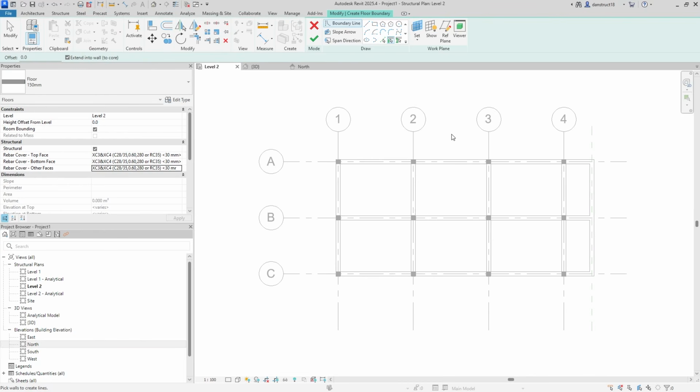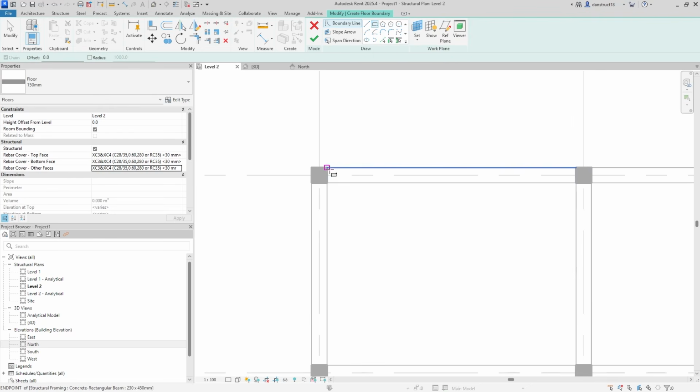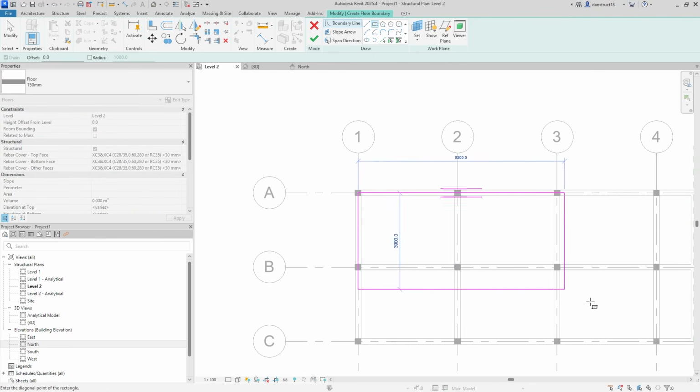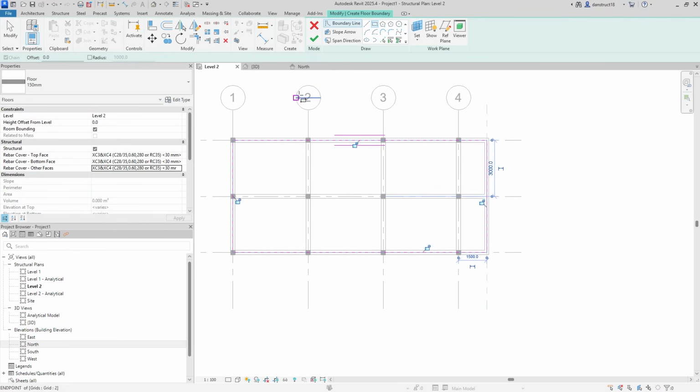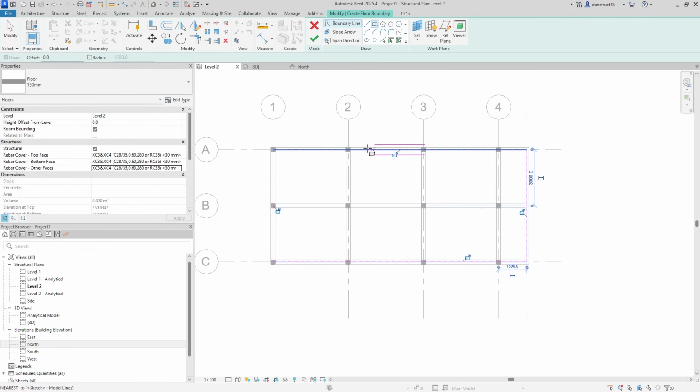Now, being a structural floor, I'm just going to come here and click on rectangle. I'm going to be placing it from the centers here. So I'll click here, and I'll come all the way to this point and click here. There we go. Good. Now it's very important that you have here this span direction,